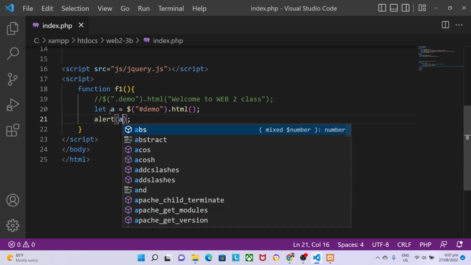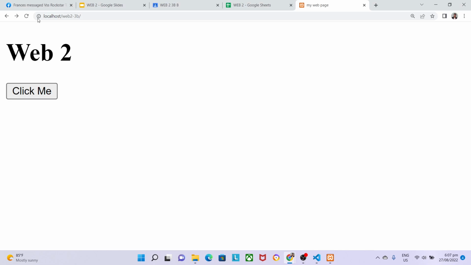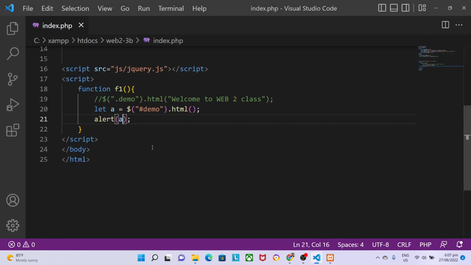Alert also, so it is the same function as var. Okay, var is the old way to declare a variable. Now there are updates in JavaScript, you can use let, and also constant or const. So we have